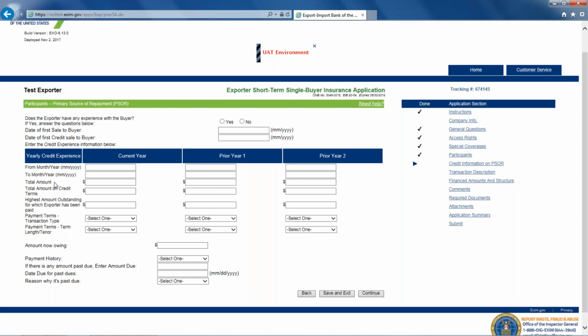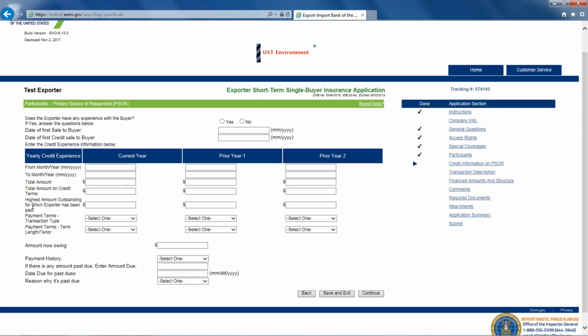That would be the total sold within that period, so the total sales to that particular buyer within this current year period. And then the next question is asking you the portion of that which was credit sales in particular. So we want to know total sales, but also total credit sales.